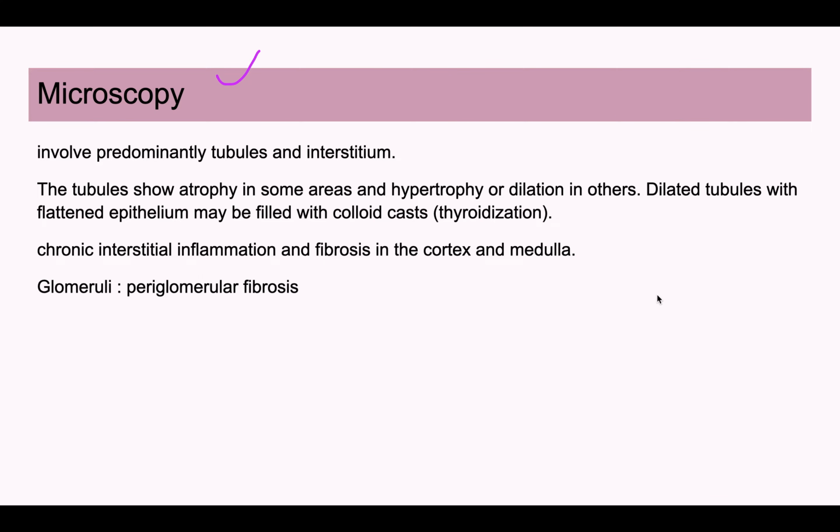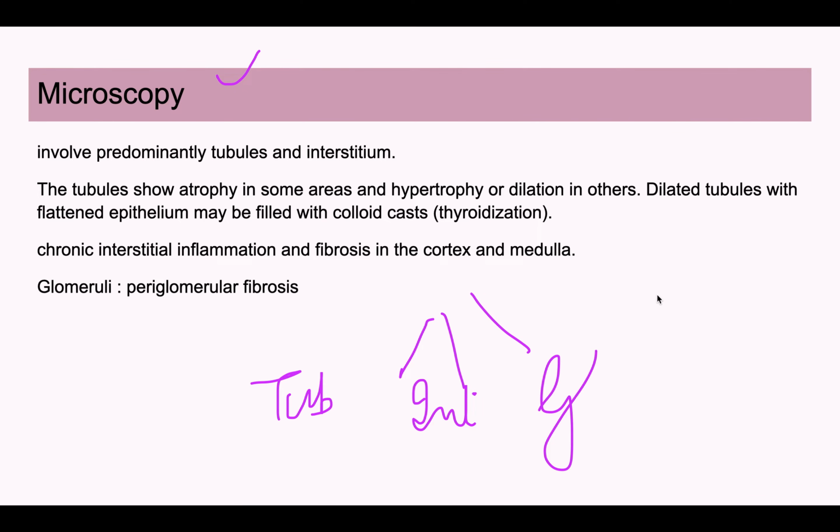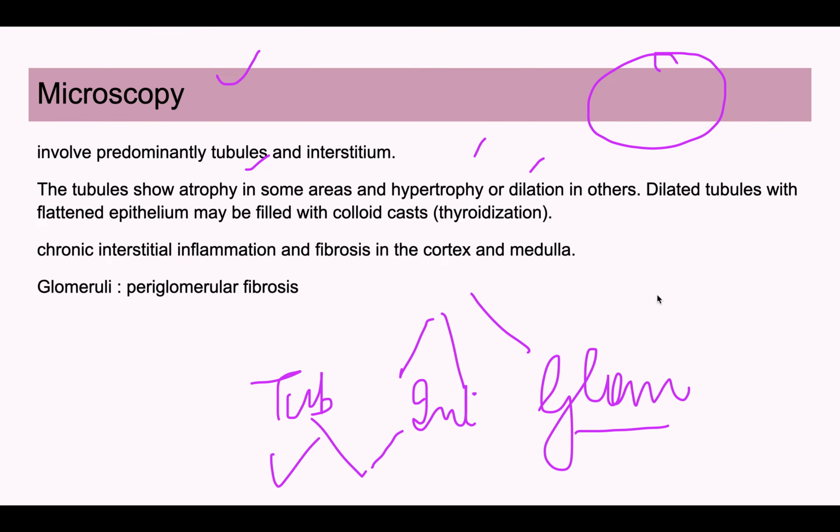Going to the microscopy. Now microscopy in pyelonephritis: in the kidney, there are three things. There are tubules, you have interstitium, and you have glomeruli. So tubules and interstitium are more involved than the glomeruli. In tubules, what you will see is a mixture of things. You will see some tubules which are atrophied, some which are hypertrophied, some are dilated, and also some dilated tubules. So if this is your tubule,